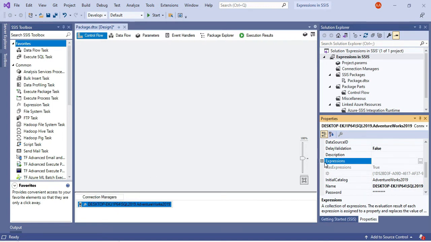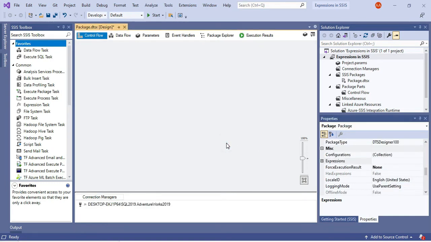And if you click on this plus sign, you will see that the ServerName property is right now dynamic, and the value of the server name is being assigned from the ServerName SSIS variable. So if you change the value of the server name in the SSIS package, then that value will actually change the SQL connection. So this is one thing, that you can make the connections dynamic using the expressions.